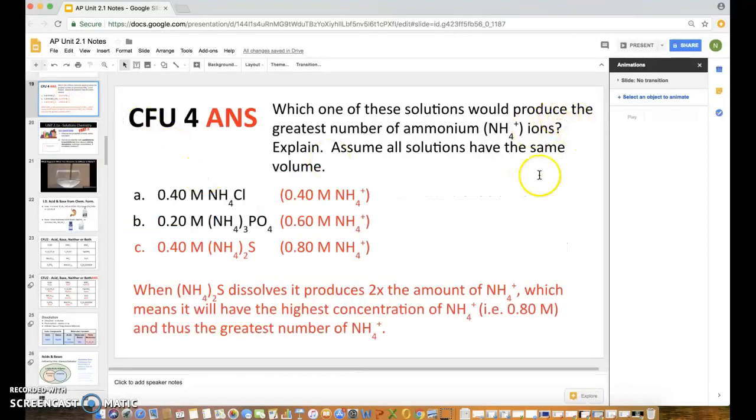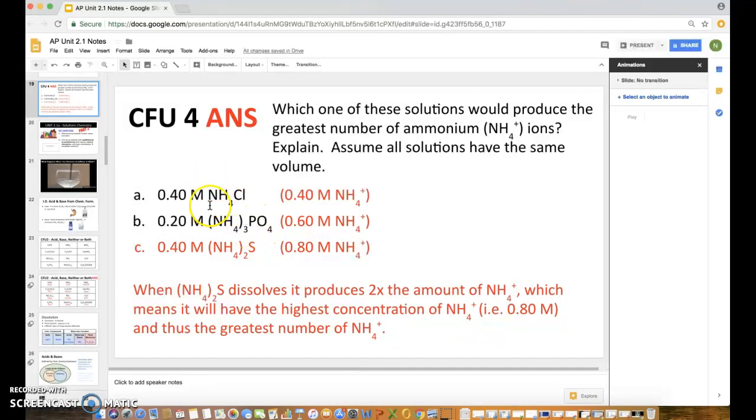Before we begin, I just want to quickly go back to CFU4, the answer, and how do we get those numbers. I think I rushed through that, so I just want to be clear on that. What we're trying to figure out here is which one of these has the highest NH4 plus ion concentration. We dissolve it in water, and when you dissolve salts in water, they break apart into their ions, and the number of ions that you get will depend on how much you have in the formula of the